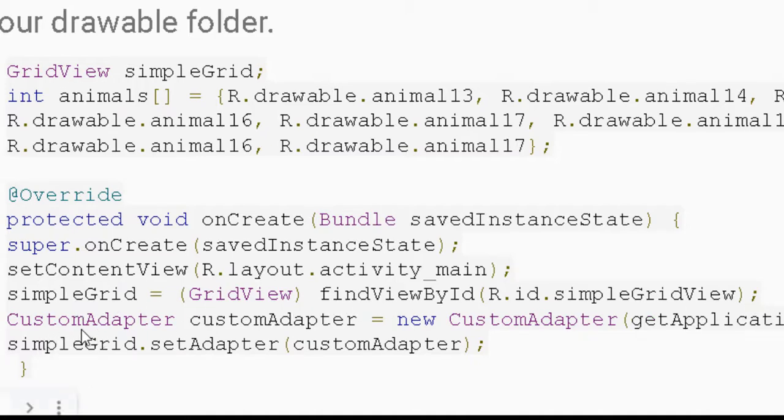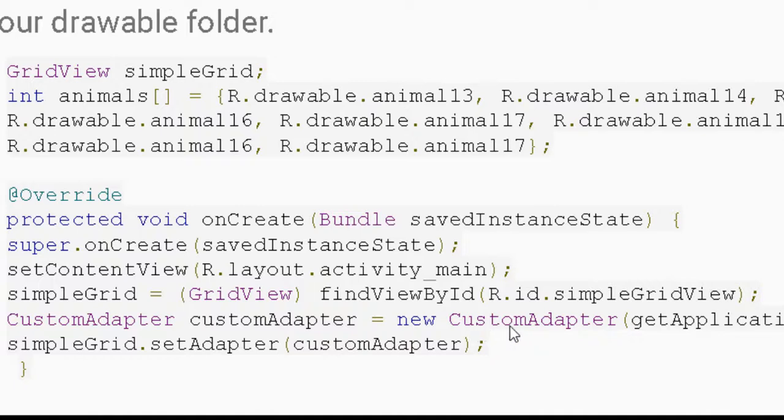Now please understand, now we are going to create our custom adapter. Now we are going to move to our custom adapter using BaseAdapter. This is the name of our class, that is called CustomAdapter. Please understand, this is called CustomAdapter. The name of the object is customAdapter. This is called new, that is the memory management operator.